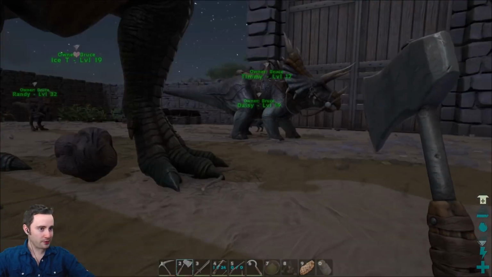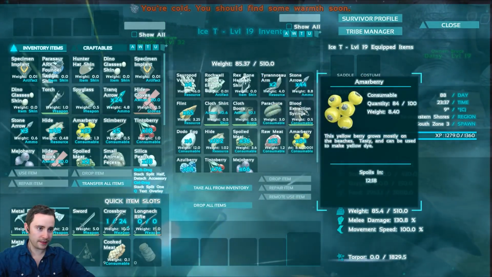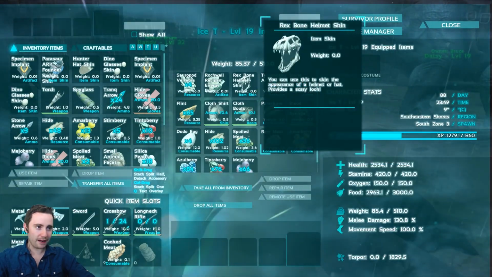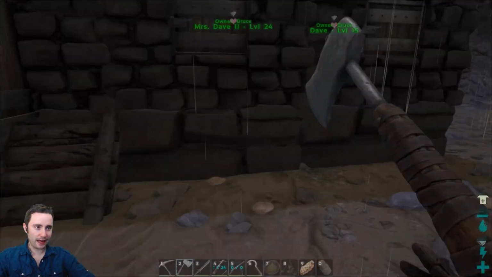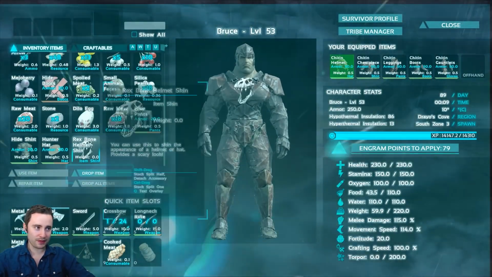What was I... Oh, that was the other thing I wanted to try. I've been meaning to do this for a few episodes. Let's check out Ice-T. I think he's still holding it. Rex Bone Helmet Skin. Helmet or hat. So I guess that would be applied to me, not to any of the dinos. Alright, so... Inventory. And then if I apply this onto the helmet...